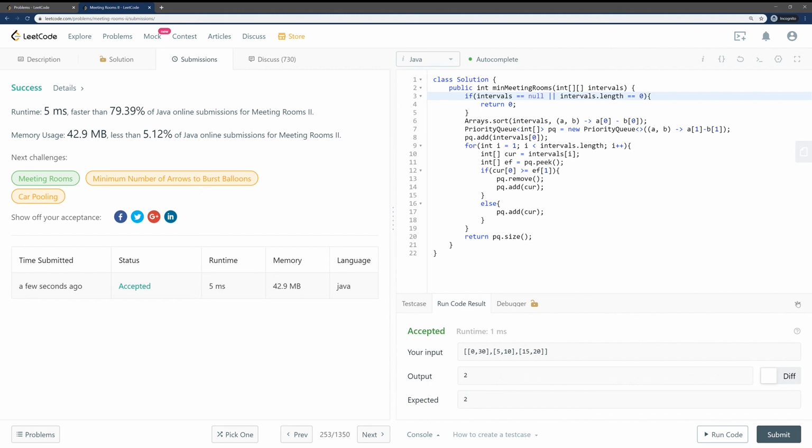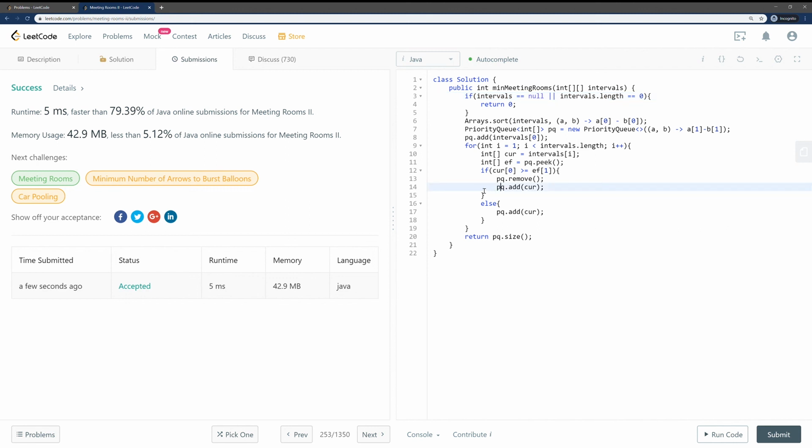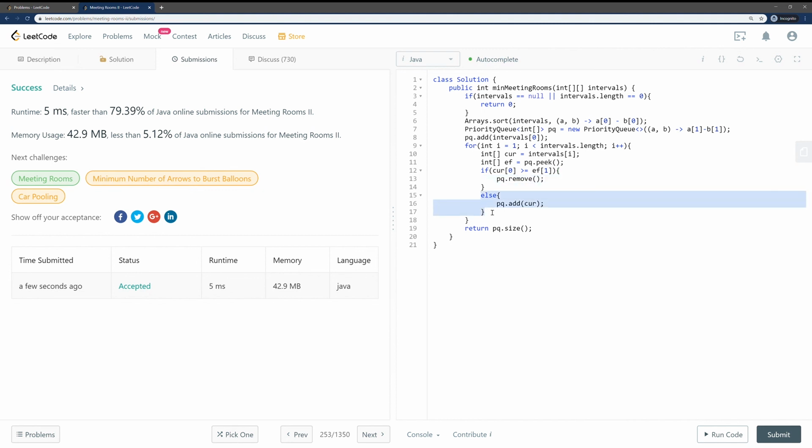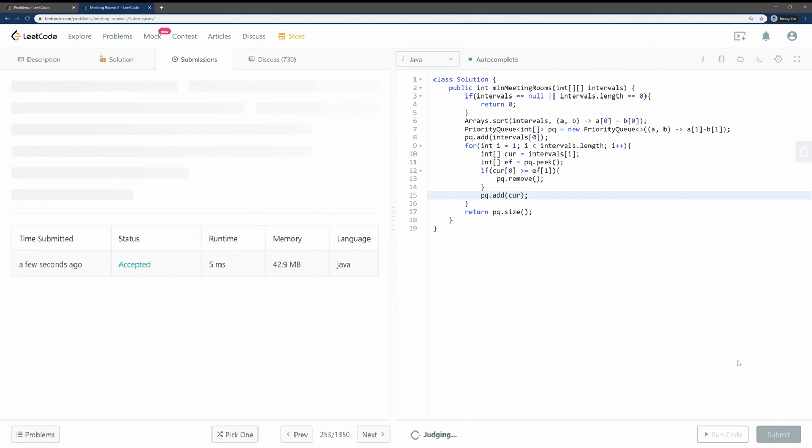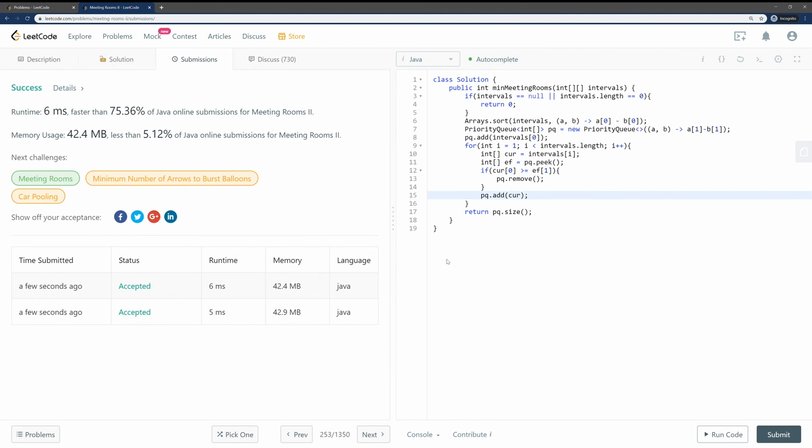We can do some other modification here, so we don't need this pq.add all the time. What we can do is remove this whole part, and for all the conditions we can add it back here. Let's submit it again. Yep,